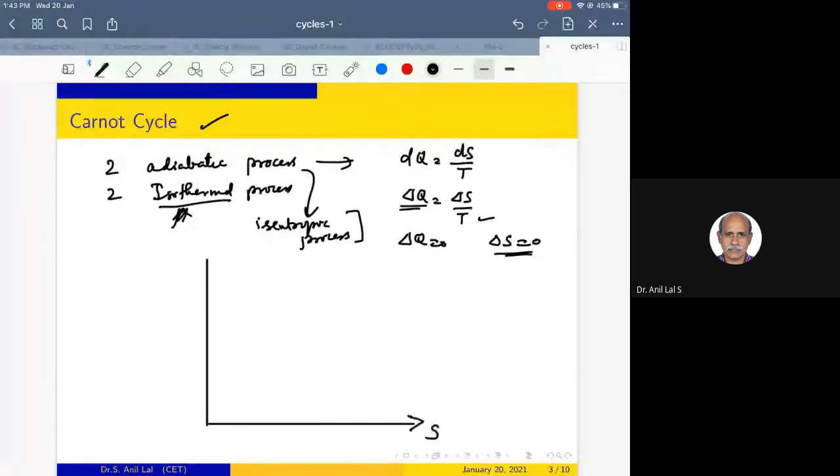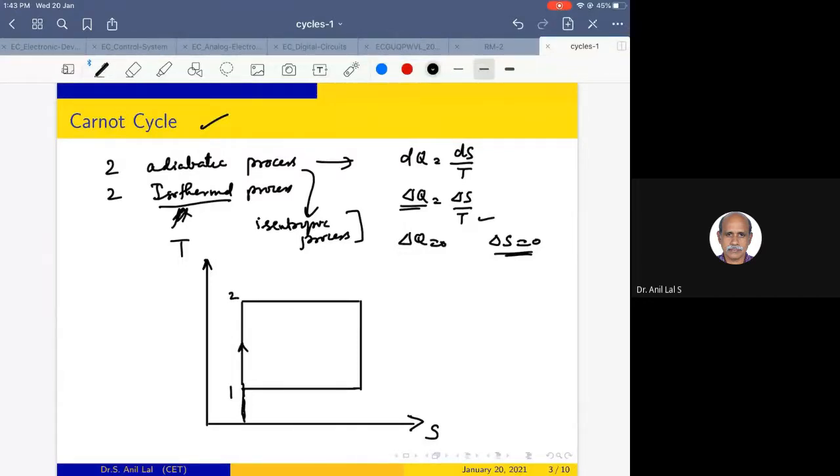This is entropy, this is temperature. So the cycle can be represented by a rectangle like this. Let me mark the points 1 to 4. During the process 1 to 2,